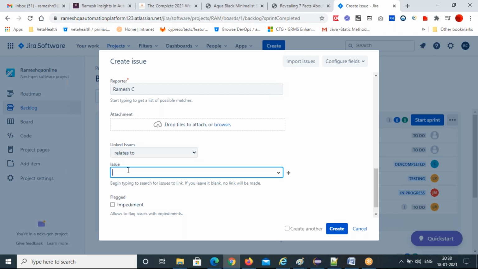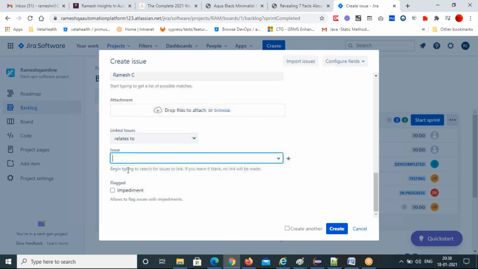That requirement number, or the sprint user story number, you can give here. A user story is nothing but a small functionality, a small requirement. Like login, one user story they will create. I'll show you how to create a user story also. So this is how to file a bug.